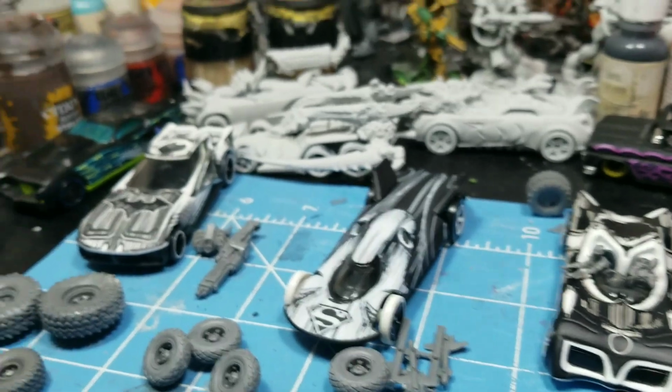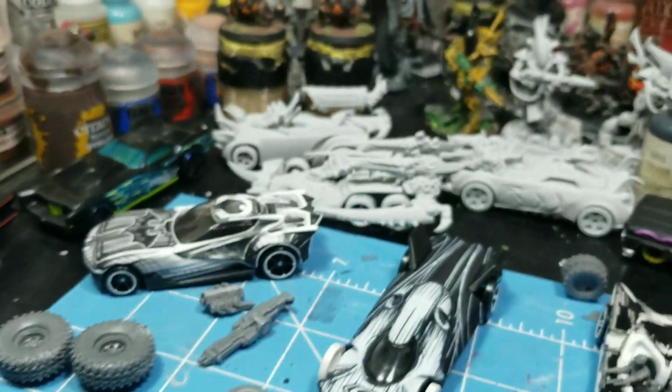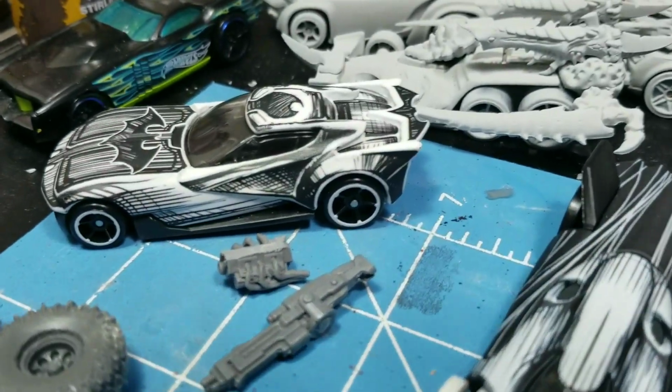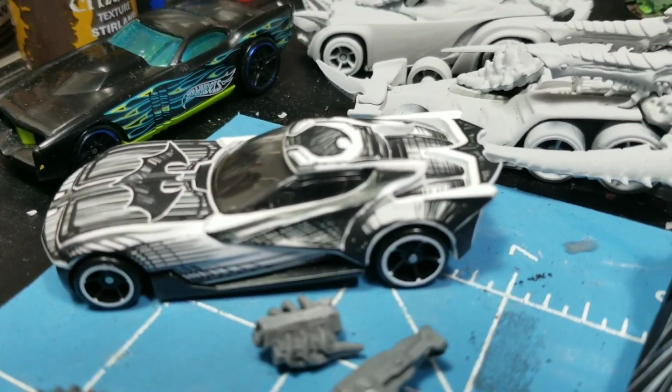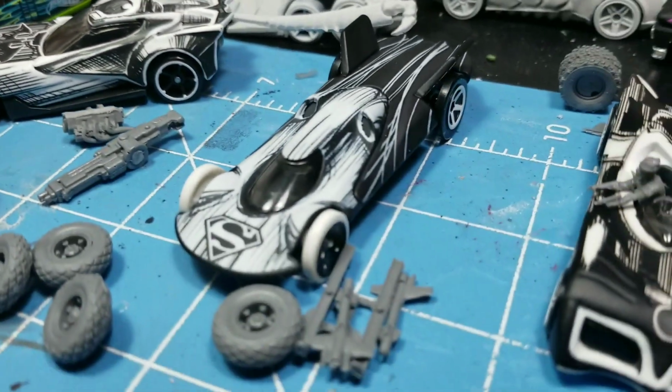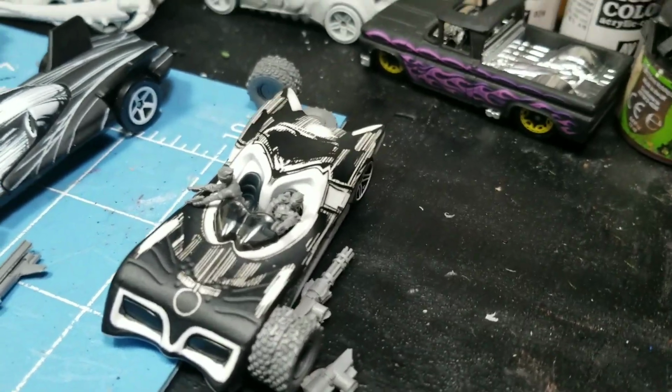That's the plan with that guy. And then we got the Batmobile, which looks sick. I don't know which one's my favorite yet. As I told you, the Joker car, I think, is my favorite. The Harley Quinn car looks really cool. These all look great. These all look really good. I mean, I do love the